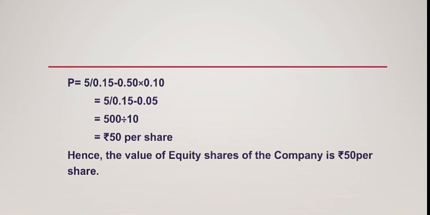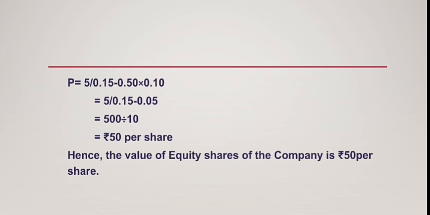Hence we can say, and lastly this is what you have to write, that the market price per share according to Gordon model of dividend policy for Shyam Limited company is rupees 50 per share. So this is the second main example, which is based on how to use the second formula when we have values related to dividend payout ratio, dividend per share and retention ratio also. So this is basically related to the second main formula. I hope the second main formula is clear in your mind.